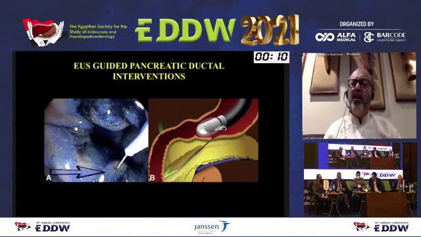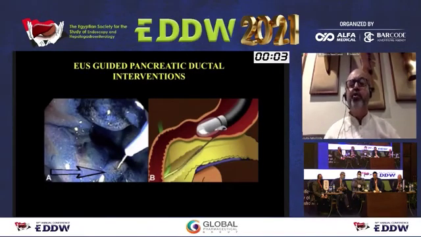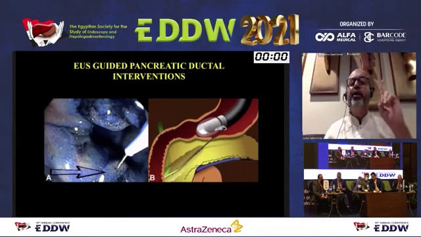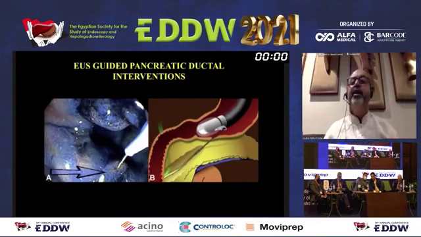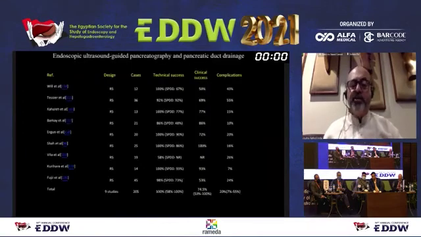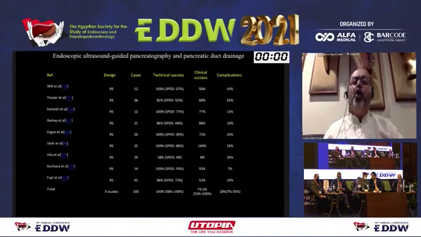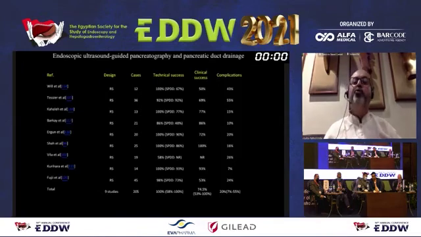EUS-guided pancreatic ductal interventions are far-fetched because they are technically demanding, and I feel that a surgical option for such patients or chronic pancreatitis would be much better, especially for chronic pancreatitis and stones. I would only reserve this procedure for disconnected duct syndrome, where you need to put a stent in the tail area and leave the stent end into the stomach so that the fluid collection does not recur. There are some details, but as you can see, the complication rates are very, very high. And all the experts across the world have faced their own challenges when you try to